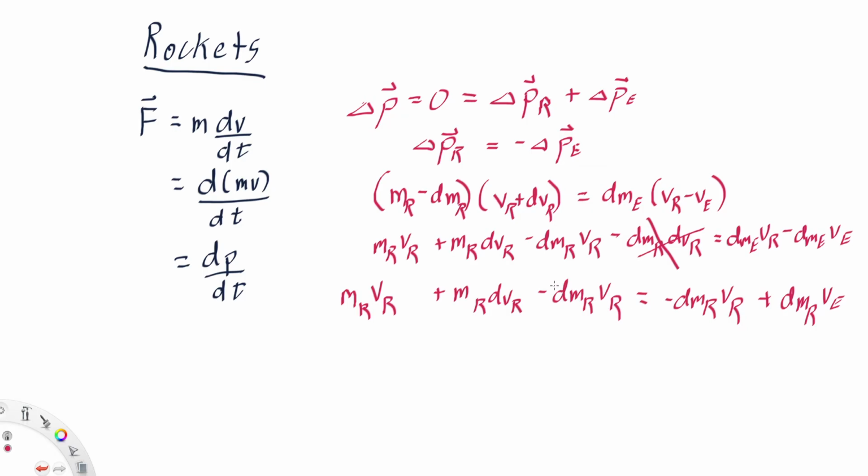Notice we have a dm v on both sides, so we can go ahead and cancel that. So we have m_r, v_r,